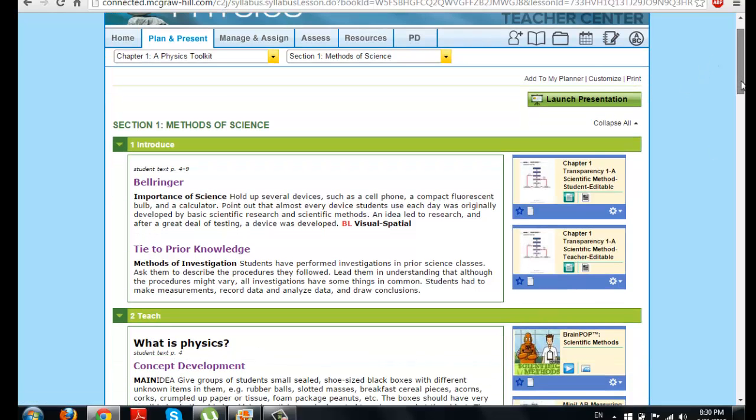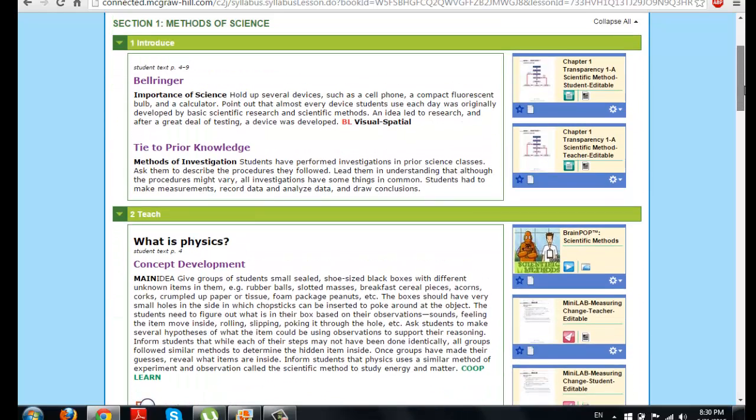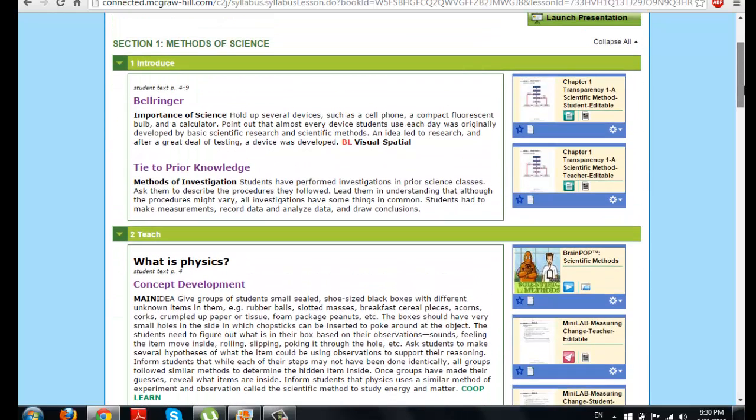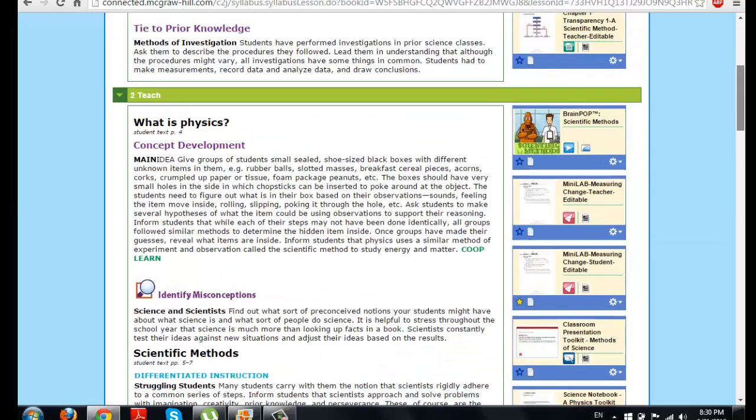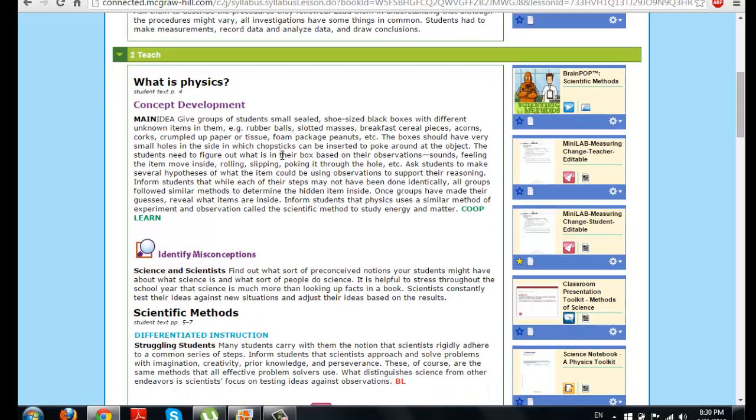The wonderful feature here is the resources. If you notice, you can find that the lesson plan has its own resources, and they are related to the part you're teaching. So in the introduction, you have the related resources of the introduction. For the teaching part, you have the related resources, and those resources are